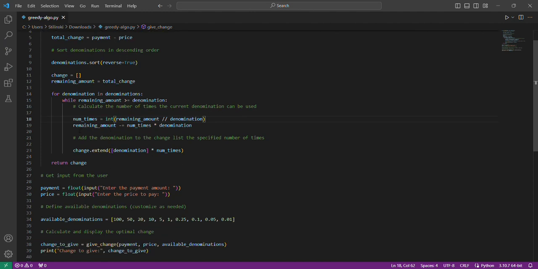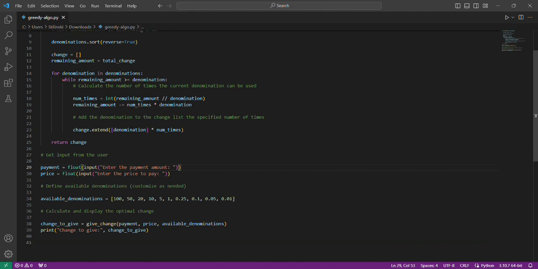And for the remaining amount, the next line is to update the remaining amount by subtracting the value of the given denominations. And here is change.extend with the parameter denomination, which adds the denomination to the change list a number of times.